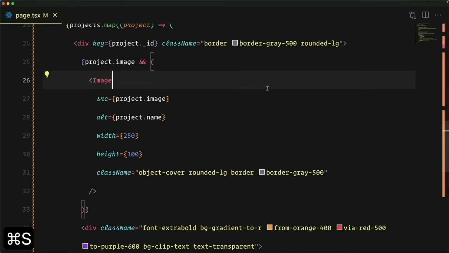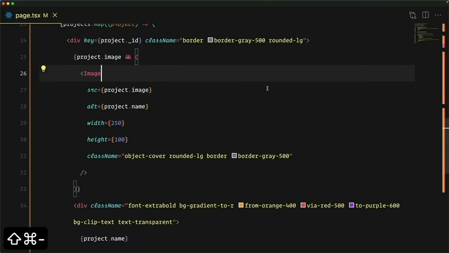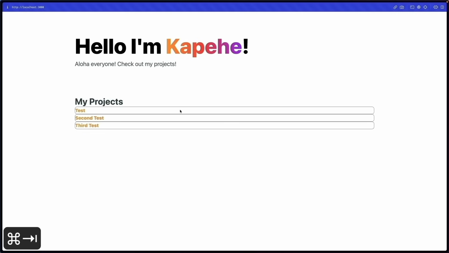And that should be good enough to show our projects on our homepage and have some pretty good styles. So let's save that. Let's take a look. And there we go. And our projects are kind of just bunched together like this. So let's give it some spacing next. And I think we're reaching the end of this. We're almost close to being done with styling our homepage. So let's wrap